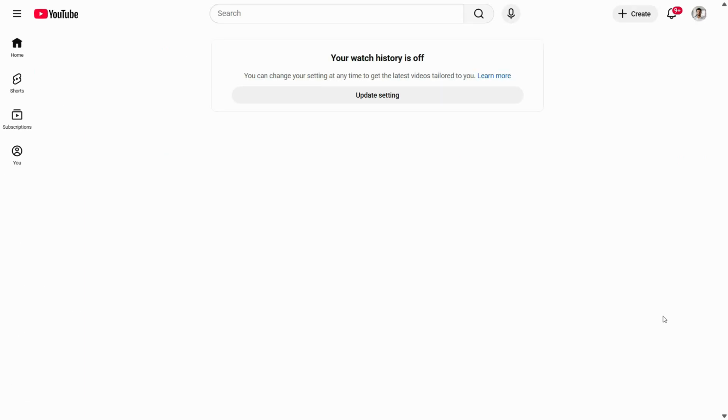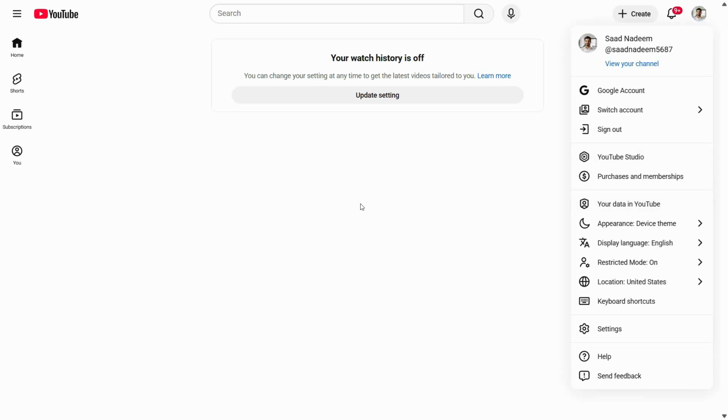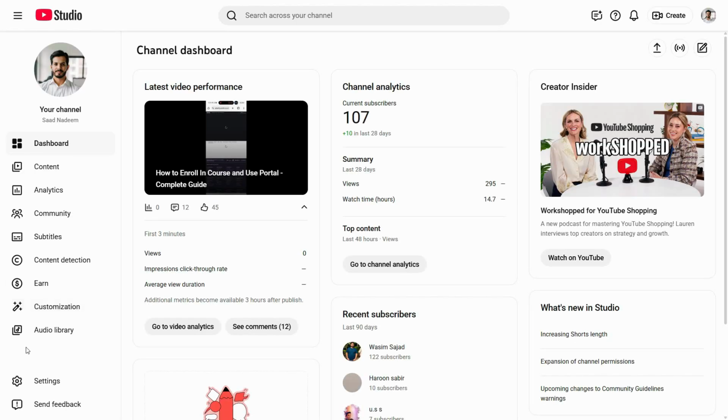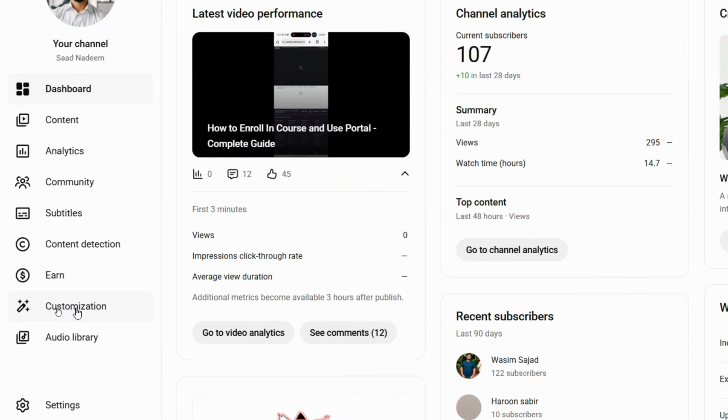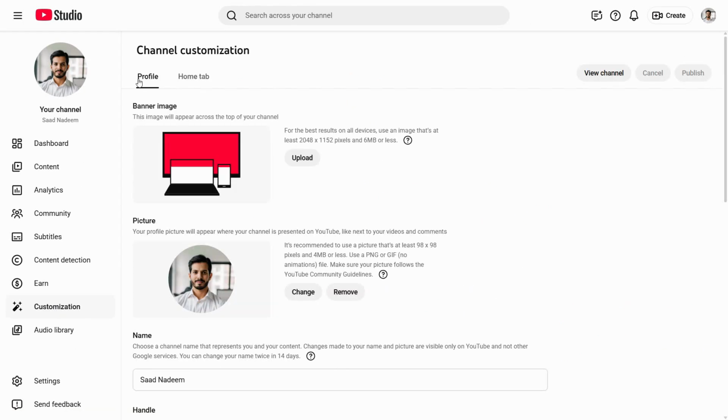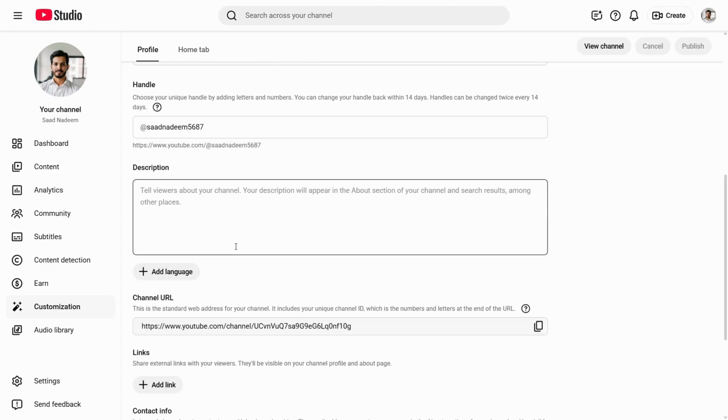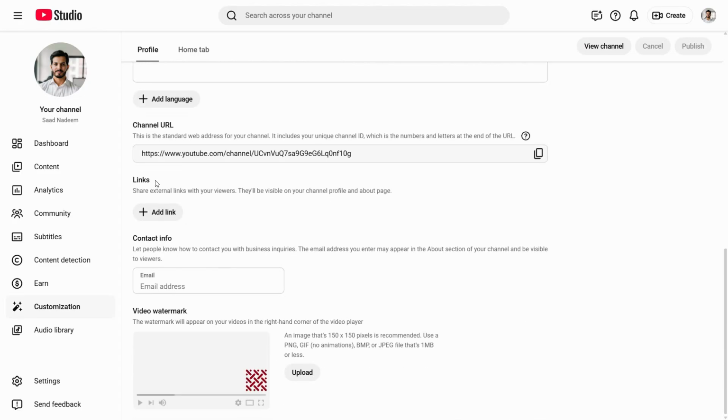In this video, we are going to see how we can add a Patreon link to your YouTube channel. So first of all, we head over to the YouTube studio. And from here on the left hand side, you will see this customization option. You click on that and you are under the profile. All you have to do is just scroll down, and where it says links, you can click on add a